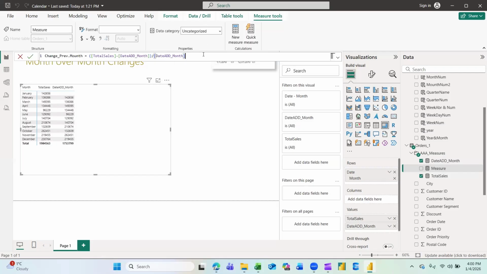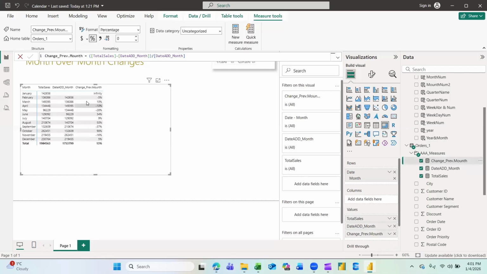And once we do that, we just need to transform it into percentage. So we'll format it in percentage and maybe 0 decimals.